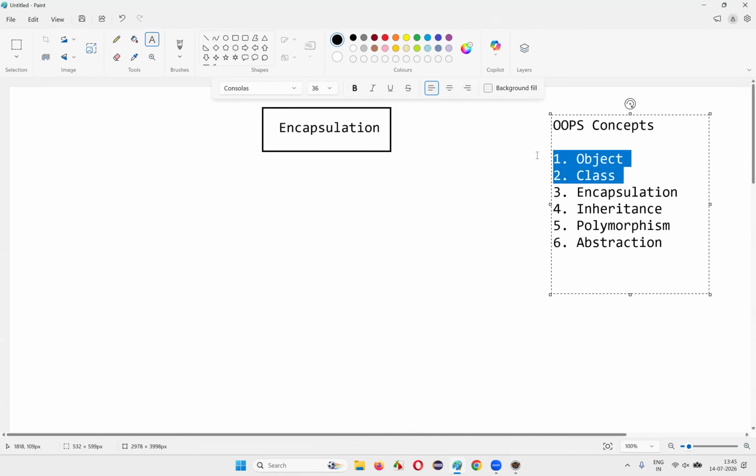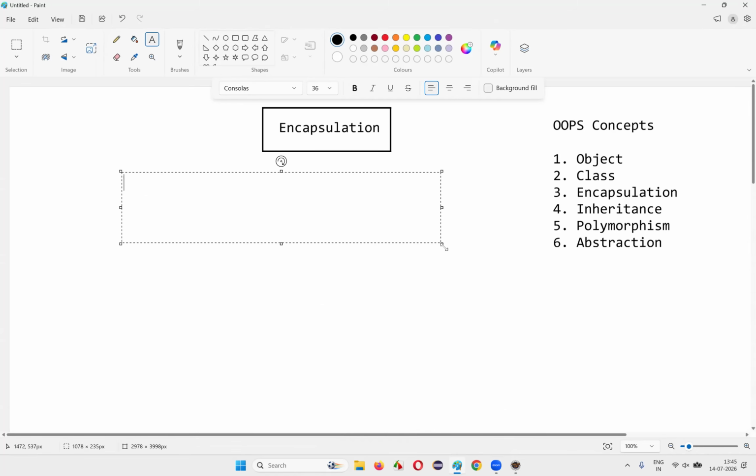In the previous sessions, I have already covered object and classes. These two OOPS concepts were covered as part of the previous sessions. Now, in this session, I'm going to cover the next OOPS concept in Java, that is called encapsulation. So what exactly is encapsulation? As part of the encapsulation OOPS concept, we will wrap the